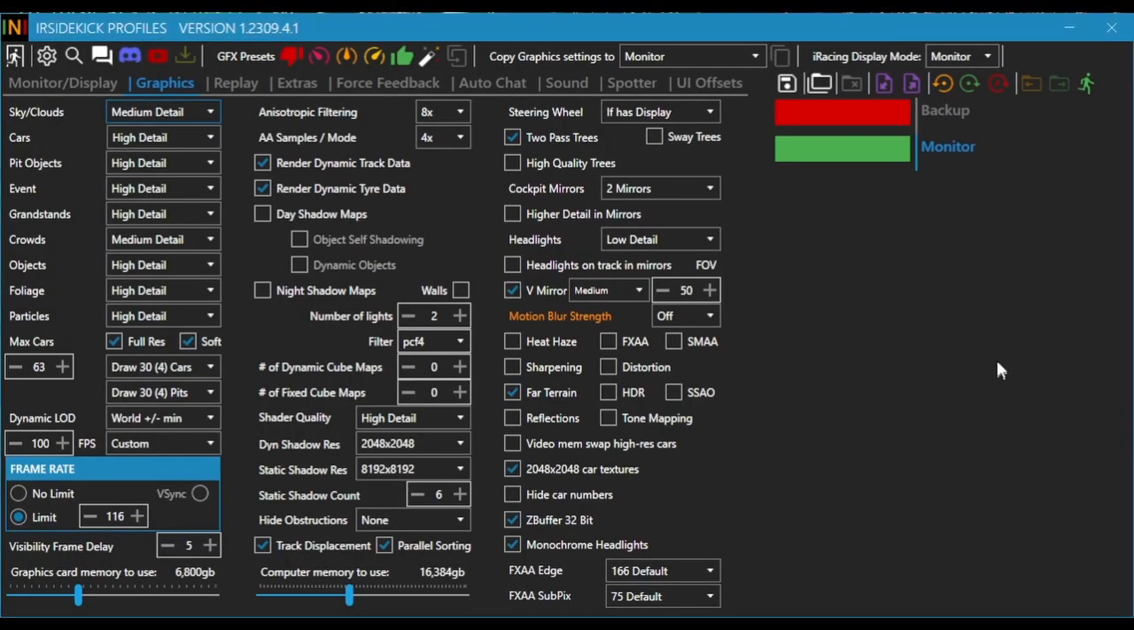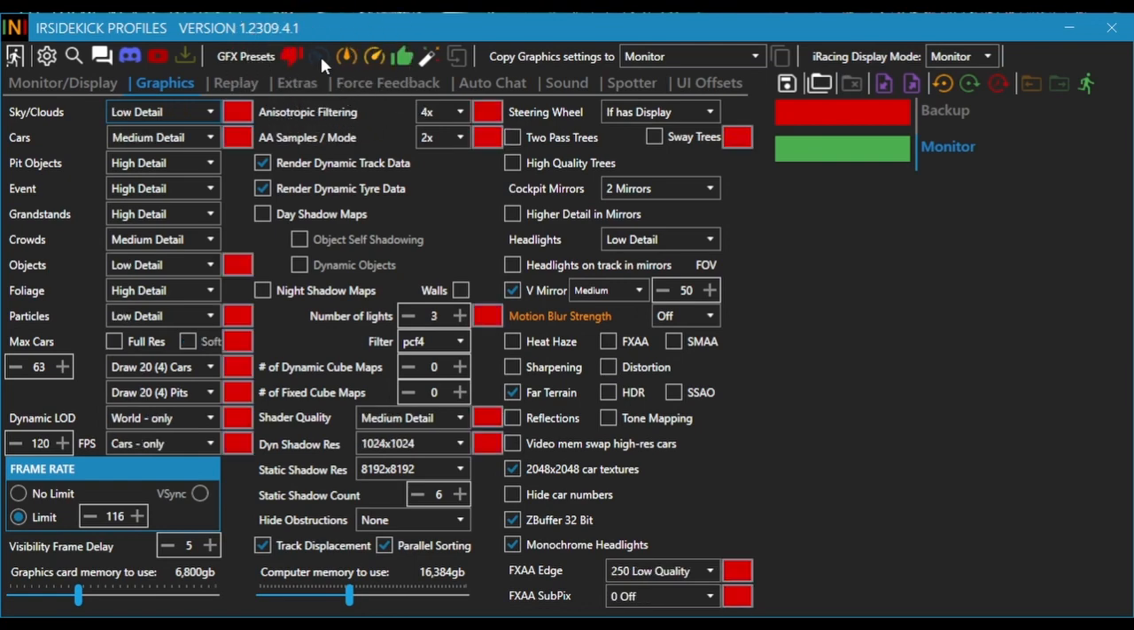Here we have irSidekick profiles displaying our iRacing configuration. Note: the monitor profile is the iRacing configuration. I'm going to select the faster graphic preset to ensure good FPS performance. Let's save the settings. After testing this configuration to ensure it meets our objectives, we will create a custom profile